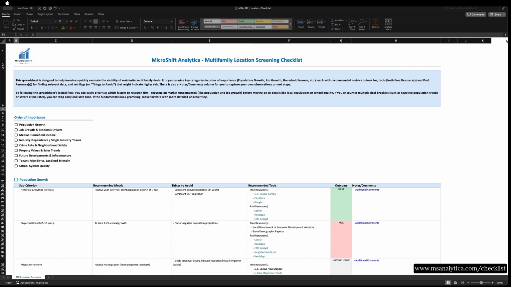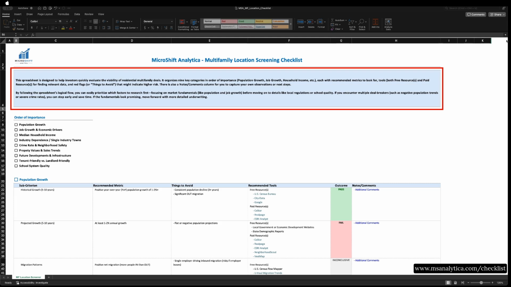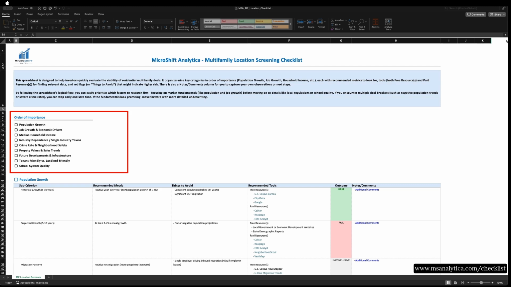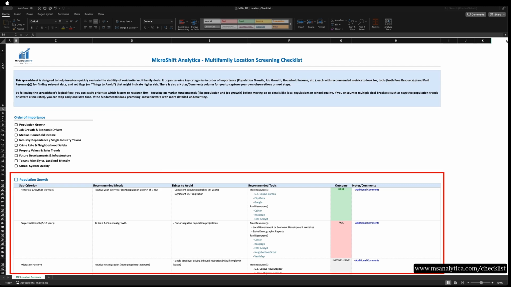Now let's dive into some of the key features of the MSA Multifamily Checklist and why they matter. When you first open the checklist, it's broken up into 3 main sections. The first section gives you a summary of the checklist. The second section gives you a list of all the criteria we look at, and the last section breaks down